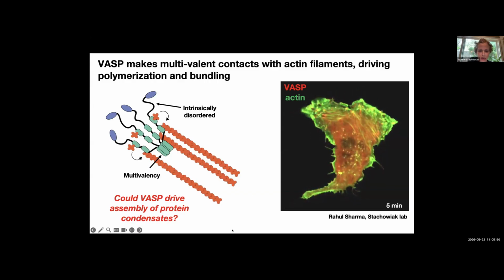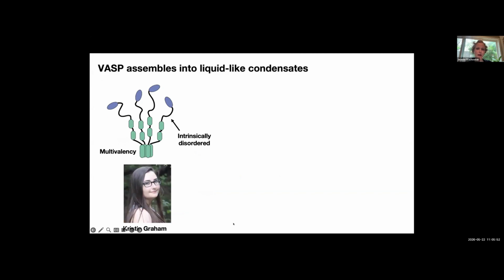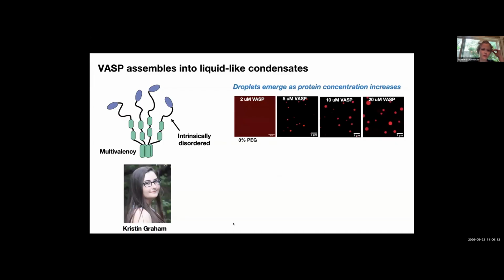So the reason we're working on VASP really comes down to a clever graduate student, Kristen Graham, who got excited about this protein. Our lab doesn't traditionally work on actin, and it was really Kristen that got us into this area because she was excited about VASP as a protein that might form protein condensates. So when she wanted to work on this, I told her, well, see if you can purify VASP. I thought maybe that will stop her from going off in this weird direction, but she succeeded in purifying VASP,